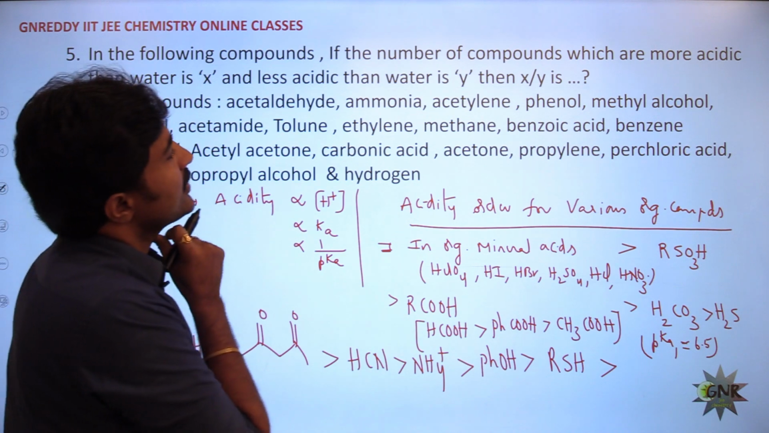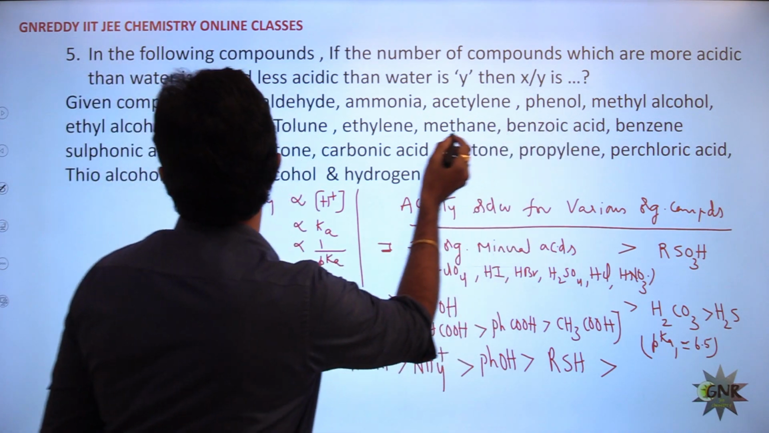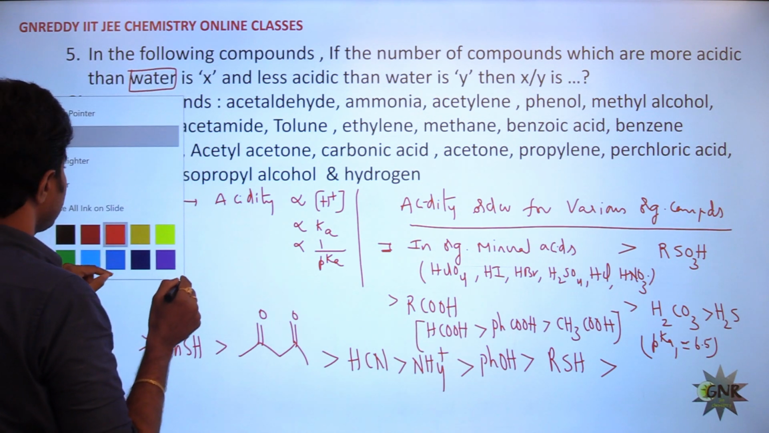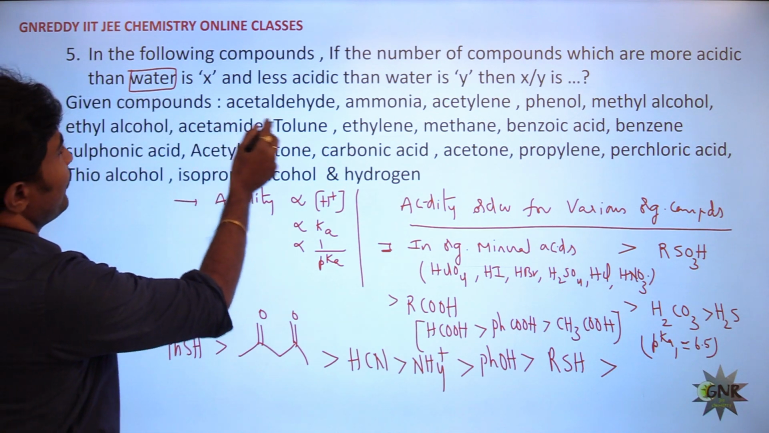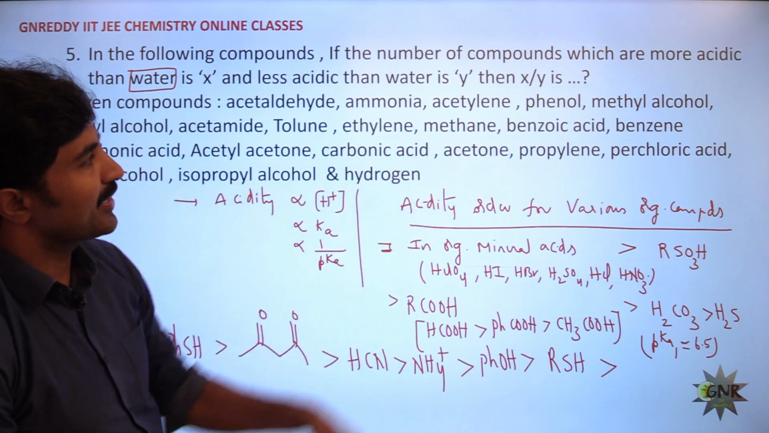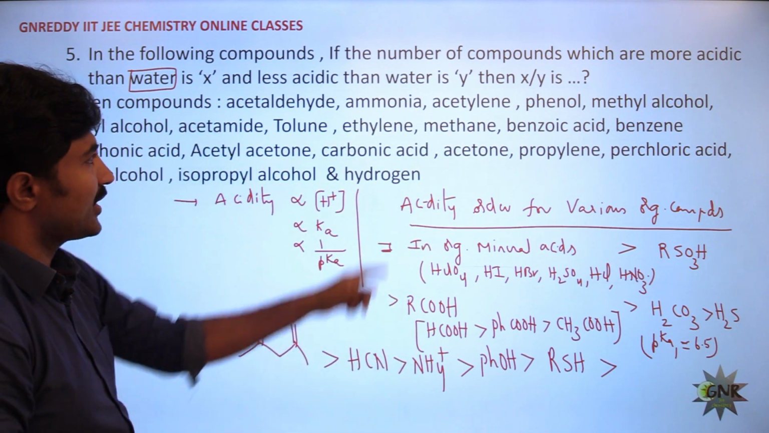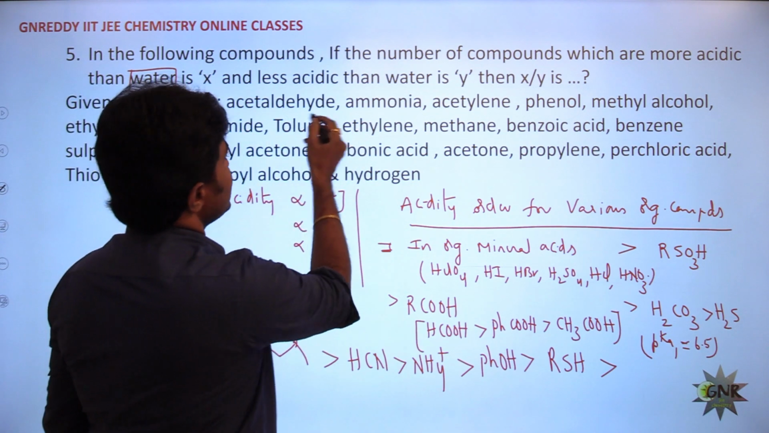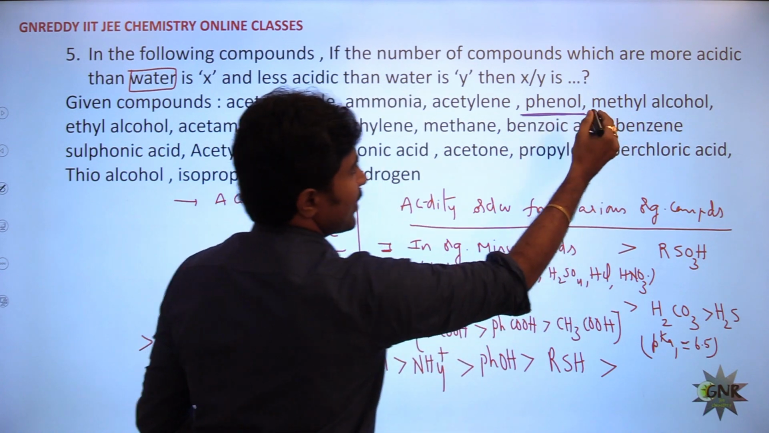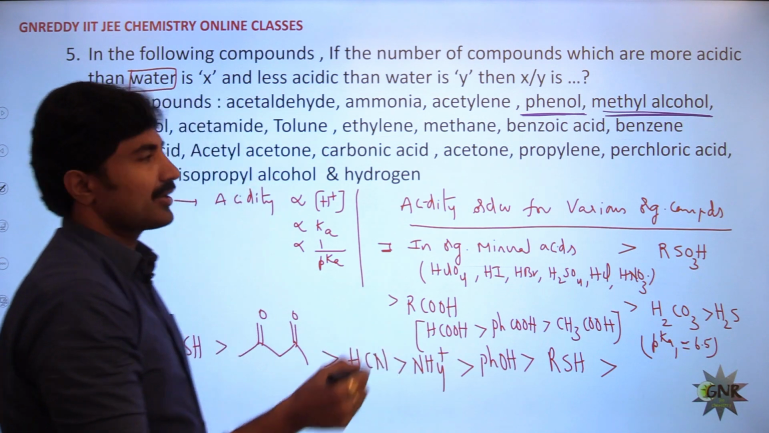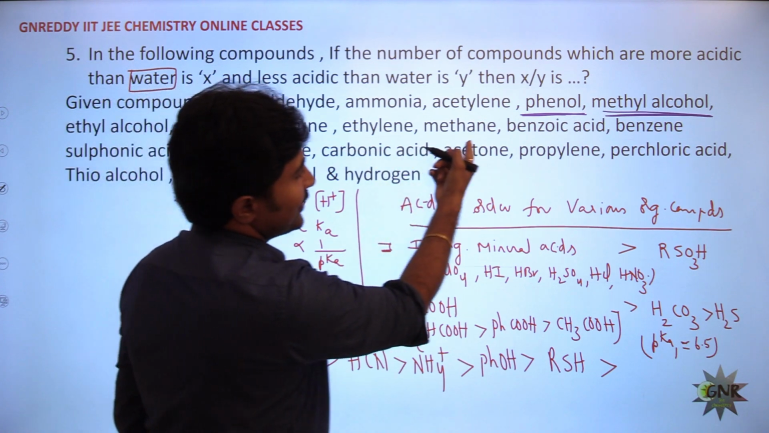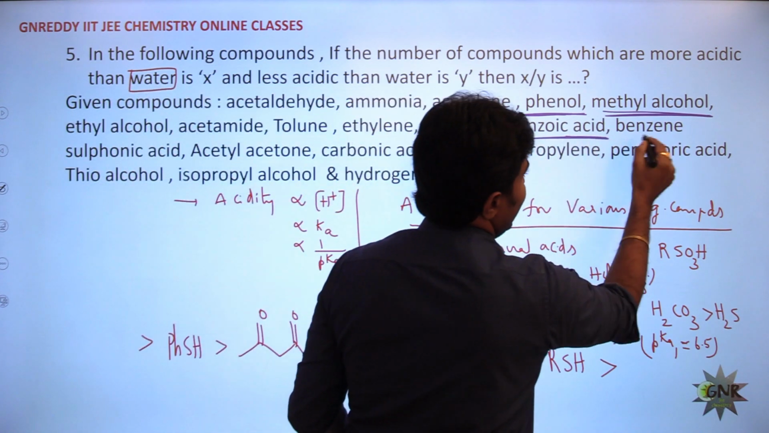Which are more acidic than water? Our question is how many are more acidic than water. The first one I am counting is acetaldehyde, then ammonia, like this many are given. As per the previous order: acetaldehyde less acidic, ammonia less acidic, acetylene less acidic, phenol is more acidic, and methyl alcohol is more acidic. Next, ethyl alcohol less acidic, acetamide less acidic, toluene less acidic, ethylene, methane, benzoic acid is more acidic, and benzene